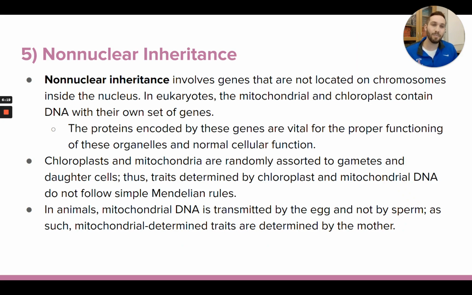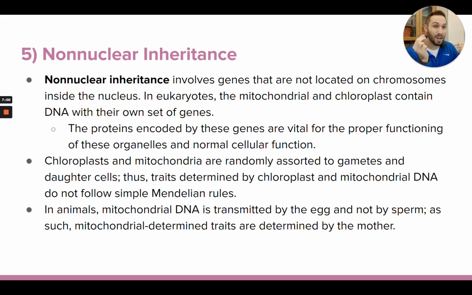And then lastly, the last example of non-Mendelian inheritance on here is something called non-nuclear inheritance. This is when there's DNA that you're going to inherit that did not come from the chromosomes that are located in the nucleus. Up to this point in this class, we've been assuming that all of your DNA is inside the nucleus. For humans, you have 46 chromosomes, 23 from mom, 23 from dad, altogether containing thousands of genes to produce you, a human being, with all your traits and characteristics and phenotypes.